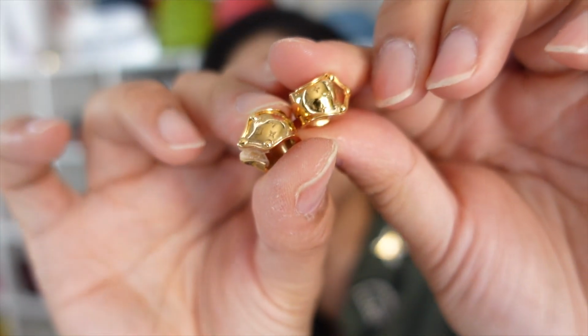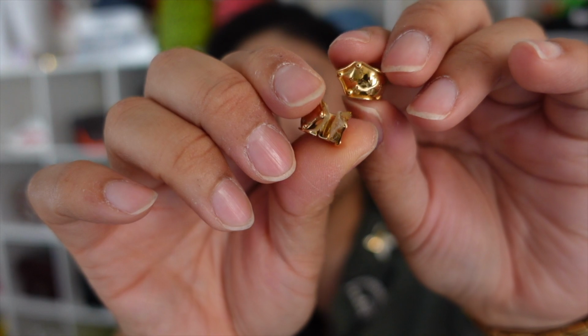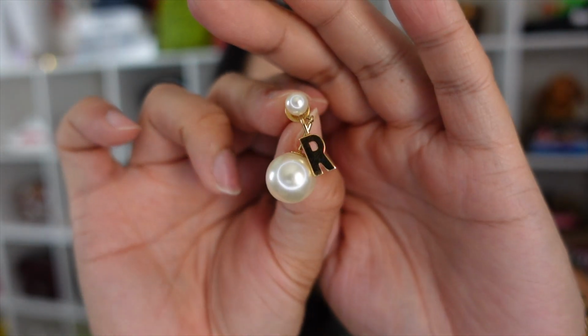But they're so cool. Also got these monogram styled cuffs from Louis Vuitton. You can use them as an ear cuff or you can use them as an earring. They're like little clip-ons. They hurt as heck, so I don't wear them that often, and when I do, I wear them more like a cuff. But after a while, my ear just hurts. It just hurts. But they're so pretty. And then I did have another earring with the tribal with an R on it for my name. My very first and only